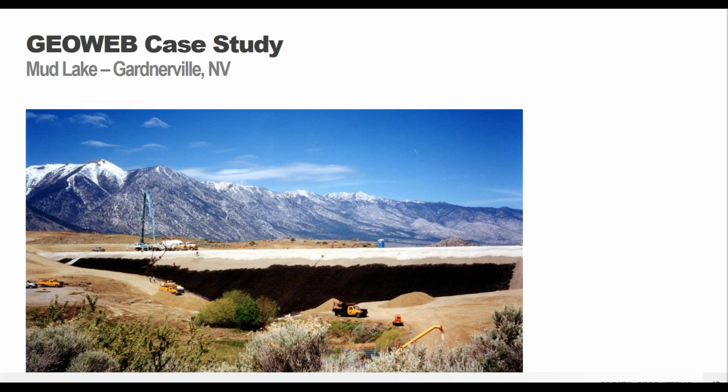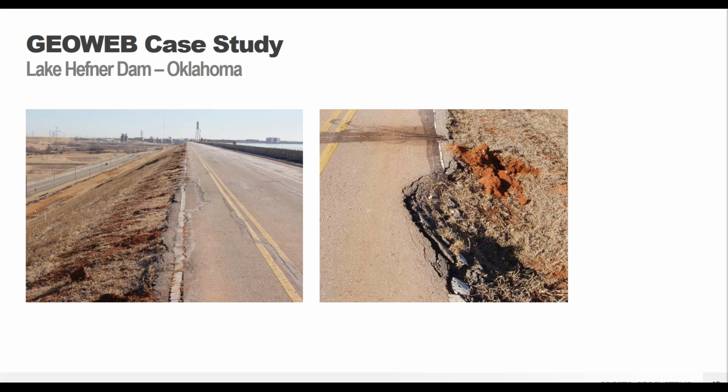So you can see a good mid-installation photo here, nice vista in the background. But the GeoWeb alternative cost was around $12 a square foot installed. Don't hold me to that price, but that's a good starting point to think about the GeoWeb system and how it might compare to some other alternative solutions. It can be a pretty huge cost savings when you compare to a thicker reinforced concrete section. So just something to keep in mind.